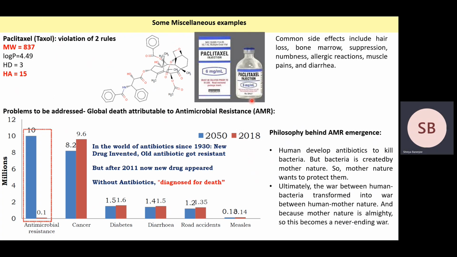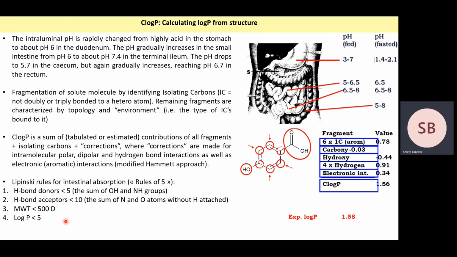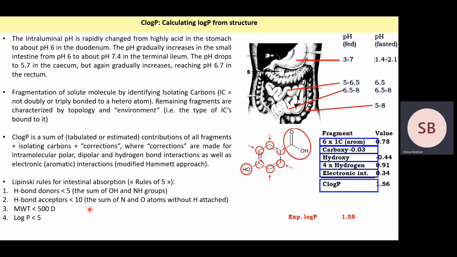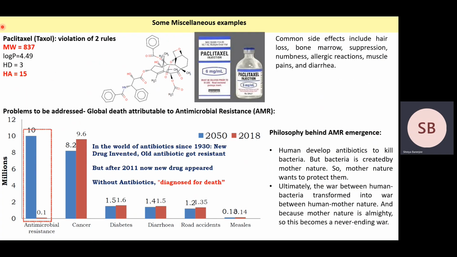It was initially used as medicine, but it was later found not to be very good because it violates 2 of Lipinski's rules. Firstly, the molecular weight is 837, and it should have been less than 500. And the number of hydrogen bond acceptors is 15, and it should be less than 10. So these 2 Lipinski's rules are violated, and so it was later discontinued as a drug because the intestinal absorption